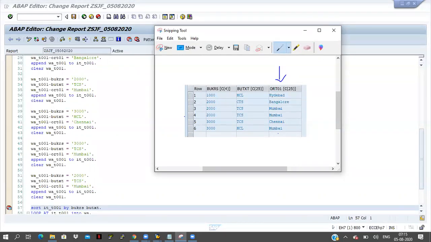I don't want to consider the previous value. I want to consider only HCL, only CTS, only TCS here. I don't want to consider the previous value. Then what do we have to do?